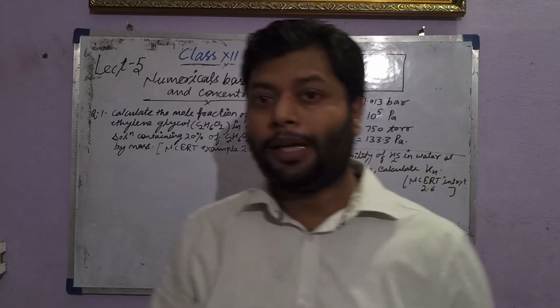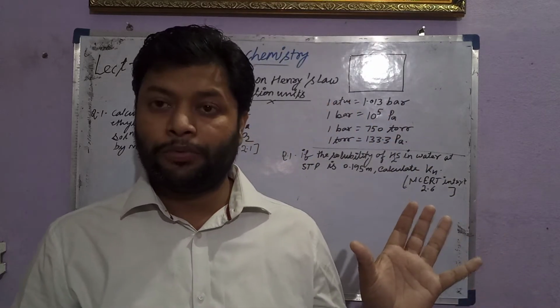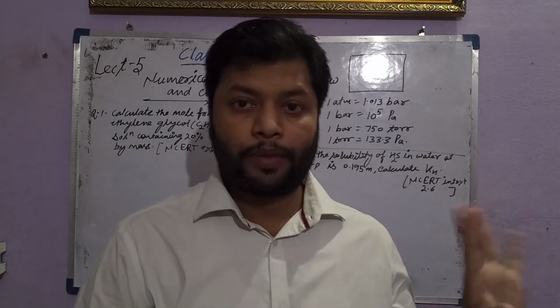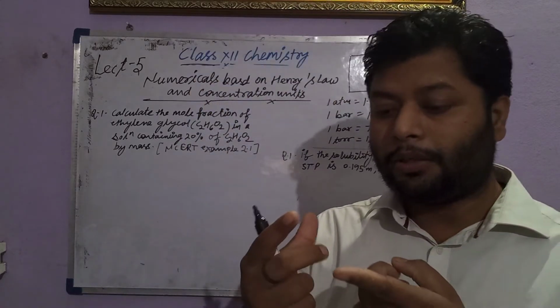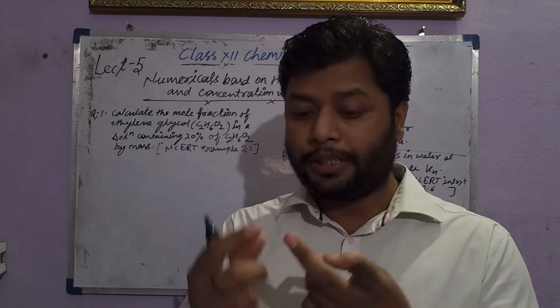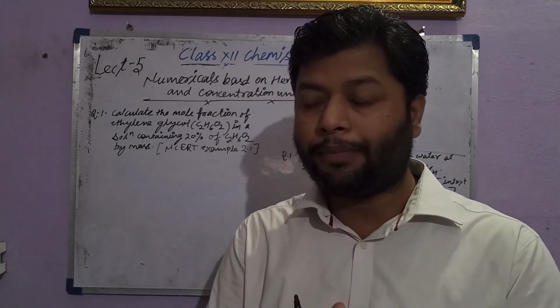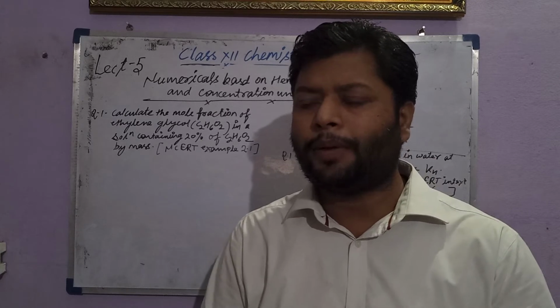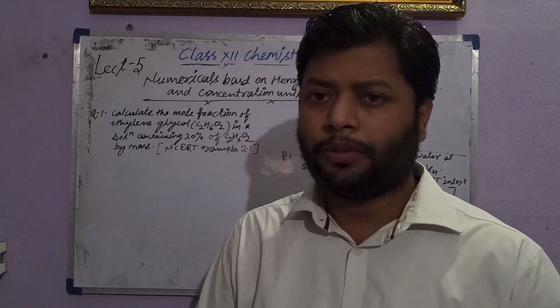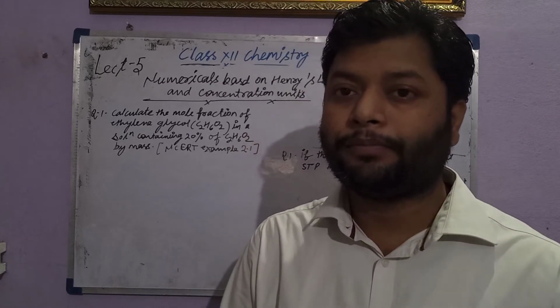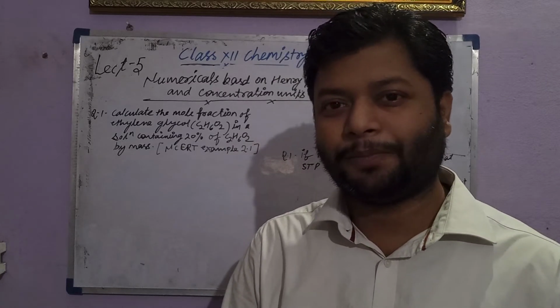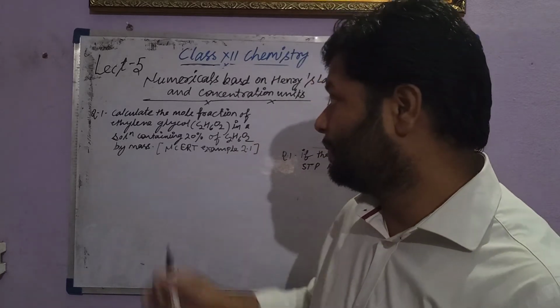Then we'll go through some of the numericals. We'll choose from the NCERT Henry's law. Generally, we'll try to solve some of the numericals from the examples in the NCERT text book. Okay, first, then we'll try to solve some of the numericals from outside also. So keep with me to learn the different numericals. We'll start from the first example.